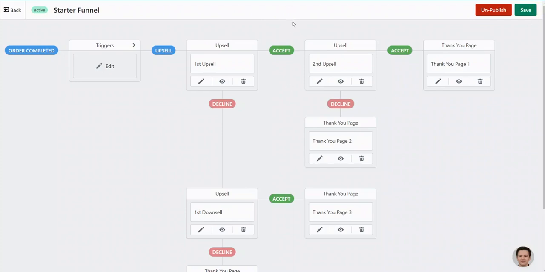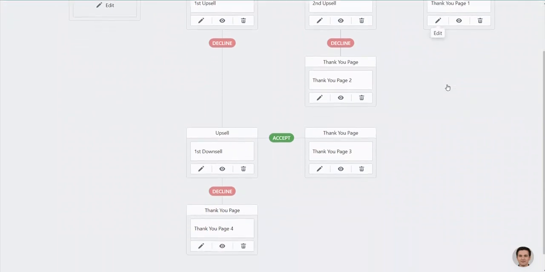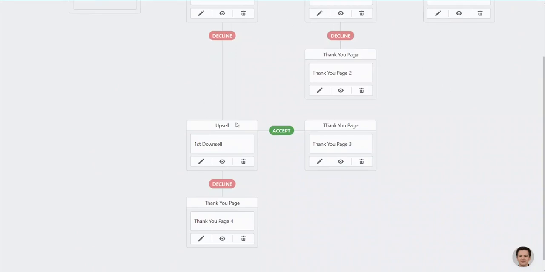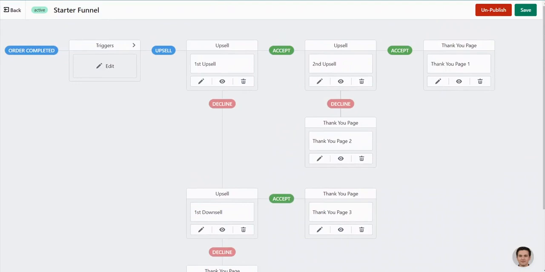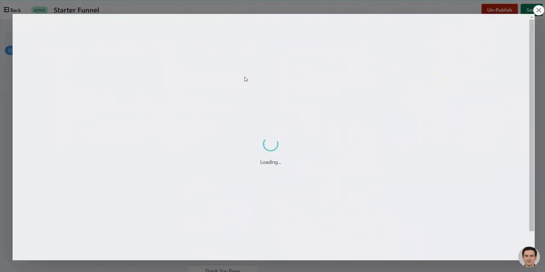In the same manner, you can then customize further one-click offers in this funnel logic. For example, this box and this box. What is a little different is when you want to customize the end points of the funnel, that is, the thank you pages. If you've noticed, most of the logical branches of this funnel terminate in a thank you page. Clicking Edit in the thank you page box,